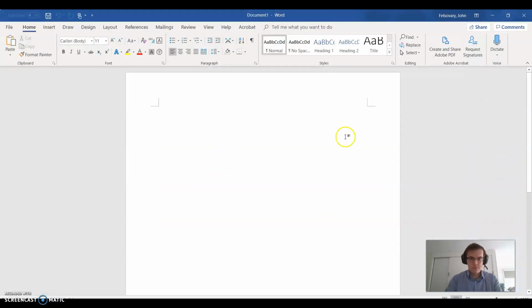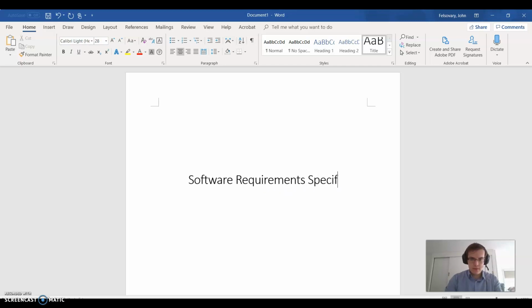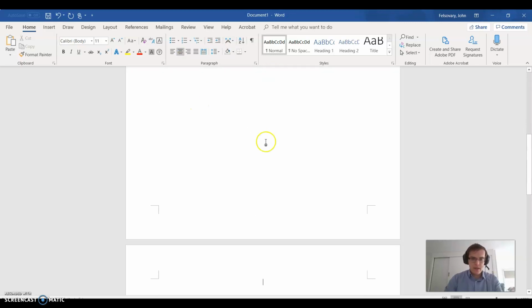So you want to add a title. You can make this look hopefully a bit better than I am. Software requirements specification. Maybe pop your name in there as well. Now I'm going to leave this page blank. Then I'll come back to here. So heading 1 is